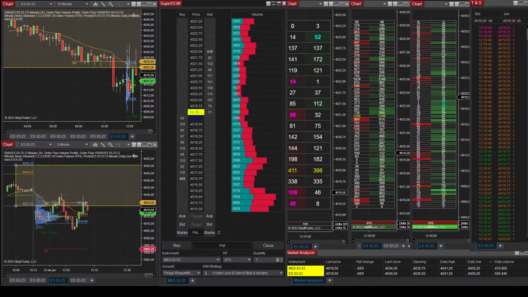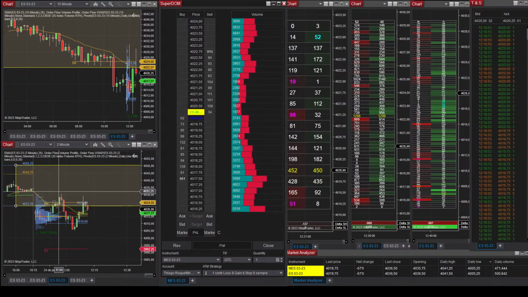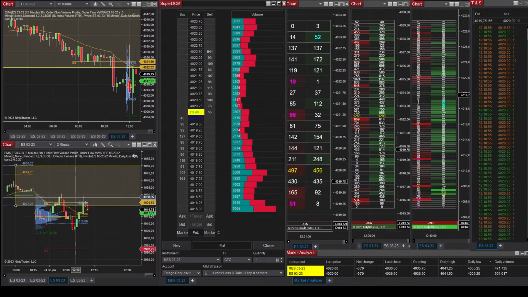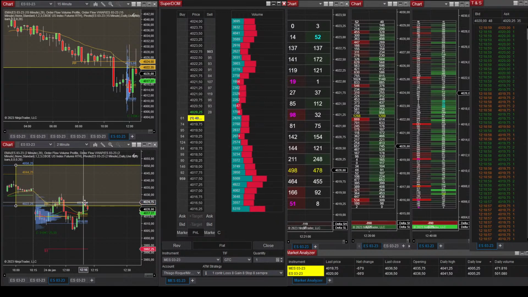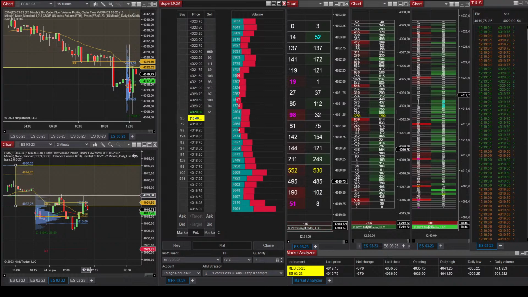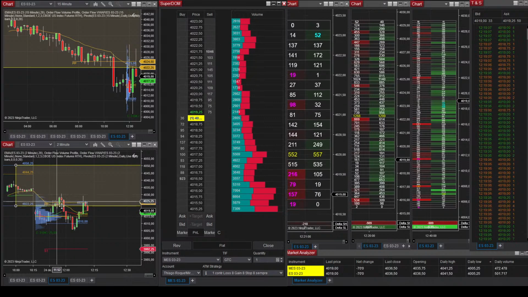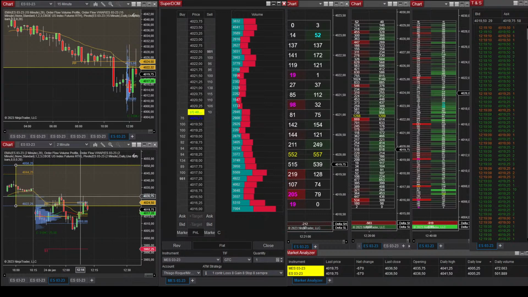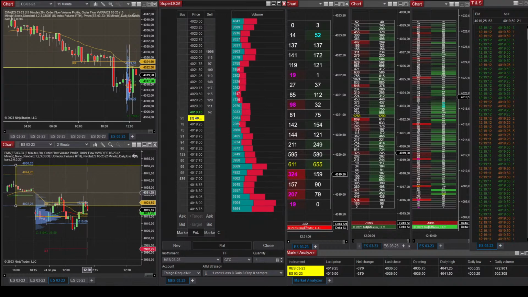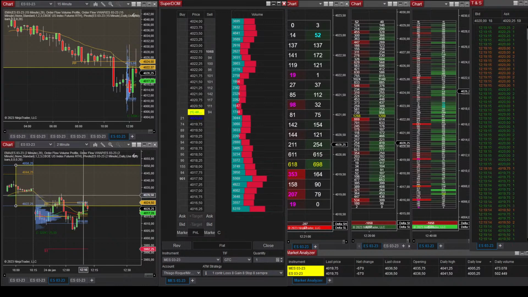But we've seen here again, looking at the context, the story. In this latest move, it was a quick move with not that many contracts and it failed to make a new high. So this led to the interpretation of a signal of weakness, and then price can move in the opposite direction,